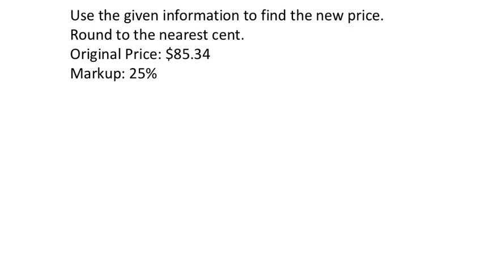Use this information to find the new price, round to the nearest cent. Okay. All right, so we have an original price with a markup of 25%. Now, markups are going to work like either tips or taxes, where they will add on to whatever the original price is. So you have to pay this amount, but then you're going to have to pay the markup as well in order to find whatever this new price is, okay? So this means that, like a business, they'll purchase things wholesale. Maybe this one costs $85.34, but then they want to make a profit of around 25%. Of course, they have to pay bills and stuff like that too. But besides that,